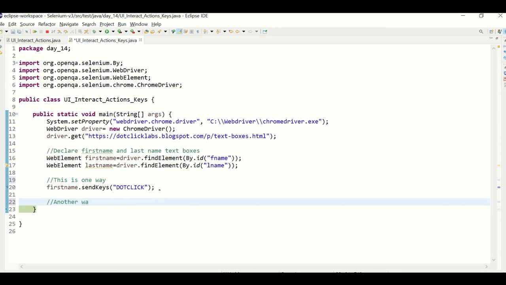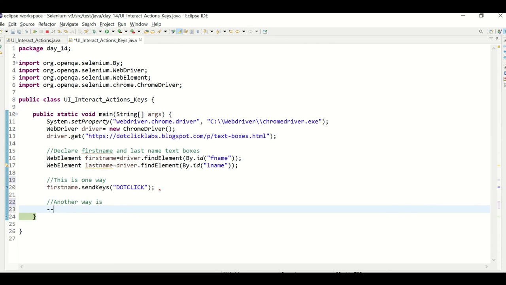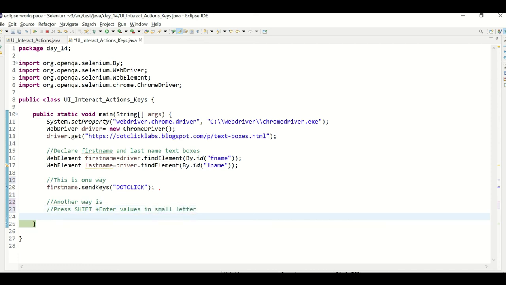Another way is to declare actions, press shift and enter values in small letters. Generally whenever we enter some values, some people turn on caps lock and type the entire value, or some people press shift and type in small letters.